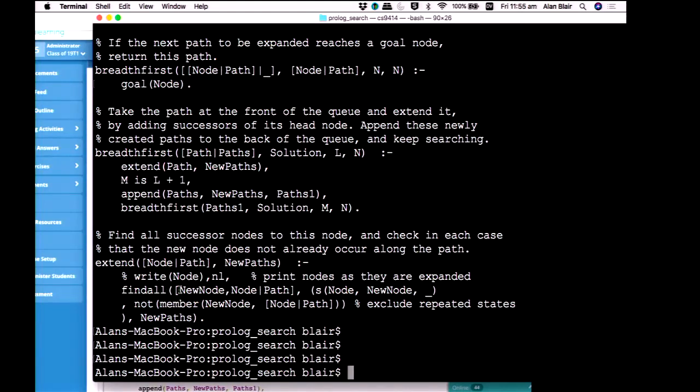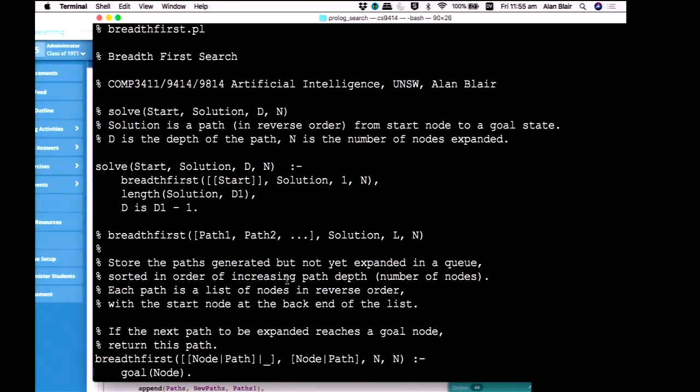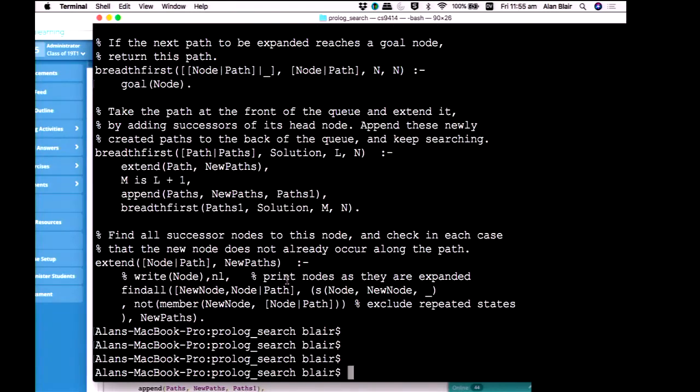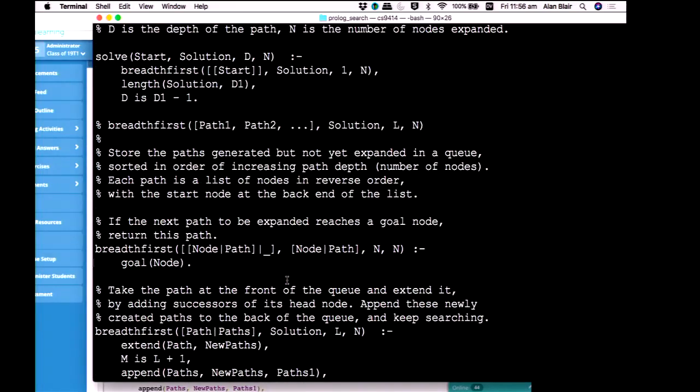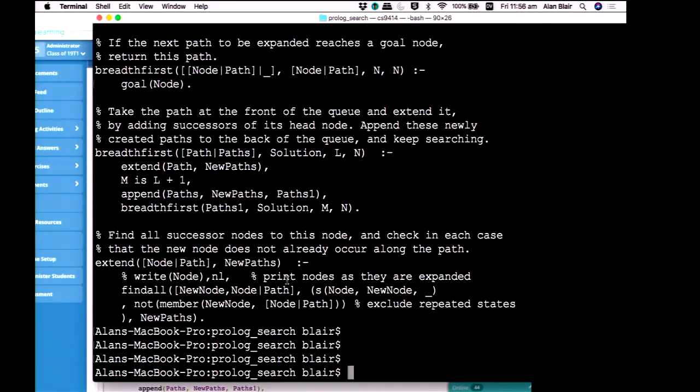I check to make sure the new node is not already in that path, and that gives me a set of new paths. So this is the beauty of Prolog in a way, that with very short code like this, you can implement the whole algorithm. So that's breadth first. Now, if we look at some of the others,